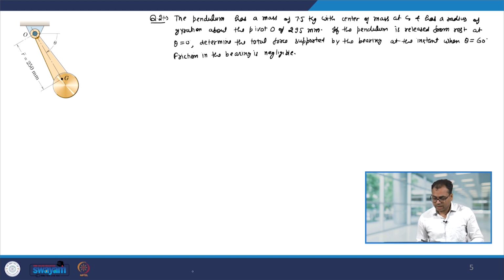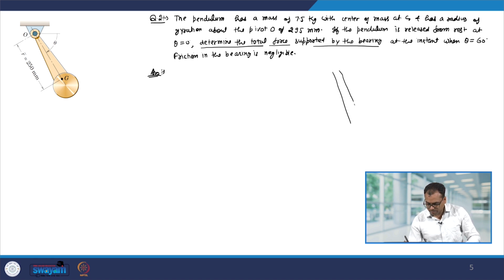In this question, we have been asked to determine the total force supported by the bearing at the instant when theta is equal to 60 degrees. So, let us first identify all the forces that are acting on the pendulum and the pivot. So, we have this pendulum and we have the pivot at point O. So, first of all, its weight is going to act downwards, and it is given it is 7.5 kg. So, 7.5 into 9.81 Newton,